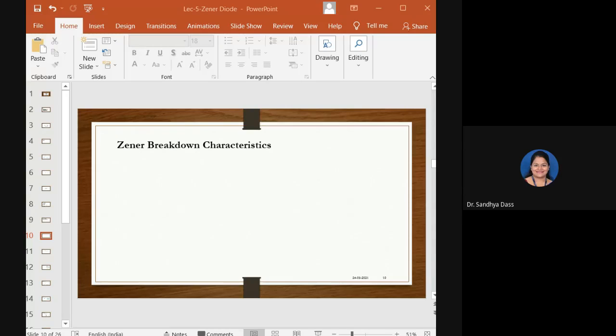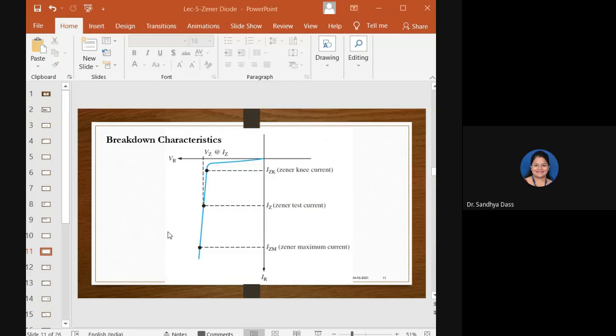If the diode is made to conduct at the Zener breakdown voltage, then irrespective of the value of the source voltage applied, the voltage across the diode, which is now conducting in Zener breakdown, will be maintained constant at a particular value, which we call the Zener voltage, represented as Vz. So the main application of the Zener diode is controlling voltage in different circuits. Now observe the breakdown characteristics as indicated in this figure.